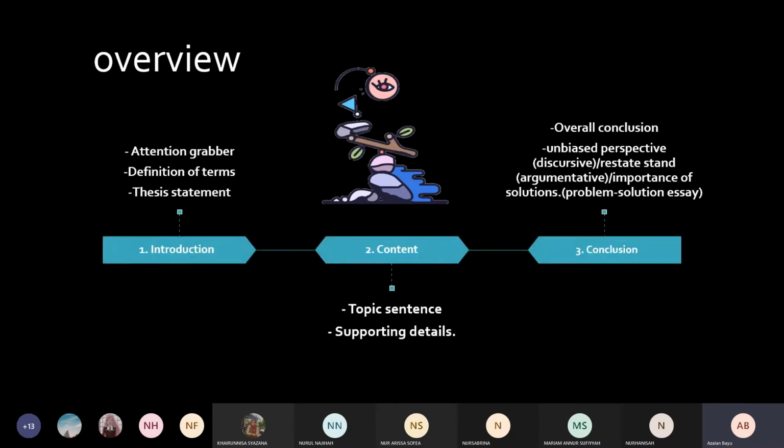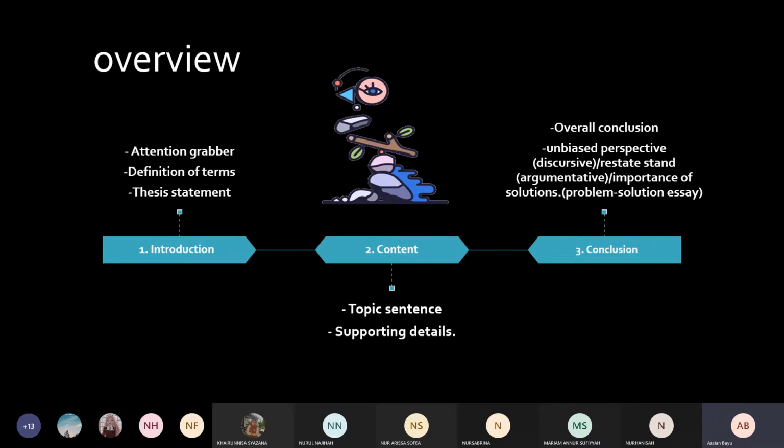Alright, first we are going to learn about introduction. Okay, kita akan belajar what is attention grabber, definition of term, and also yang paling penting dalam introduction kita panggil thesis statement. Okay, thesis statement. Alright, and then we are going to look on how to write content paragraph. Yang ada dua. Dia punya topik dia, or subtopic is topic sentence and also supporting details, termasuklah explanation and examples